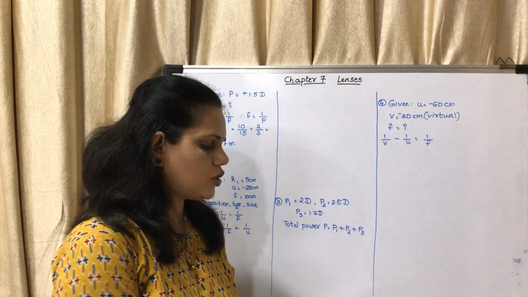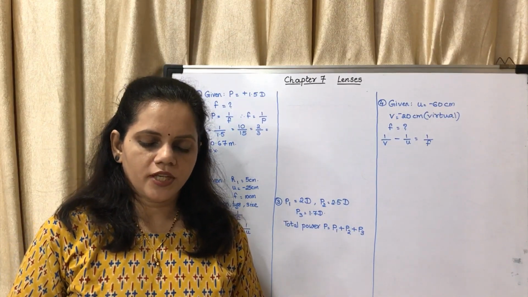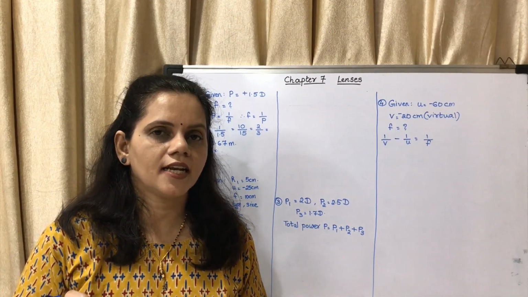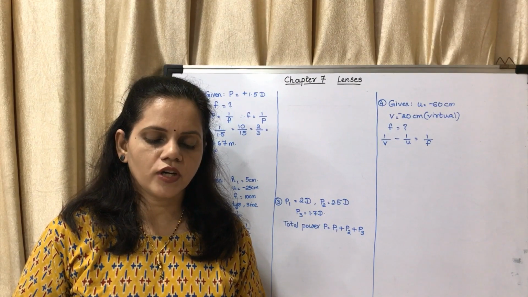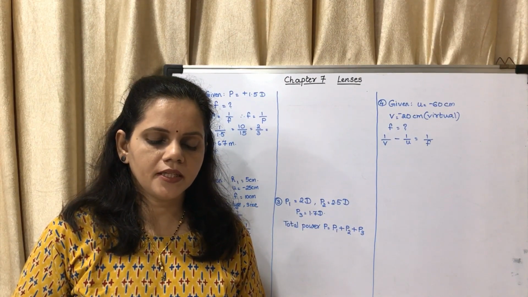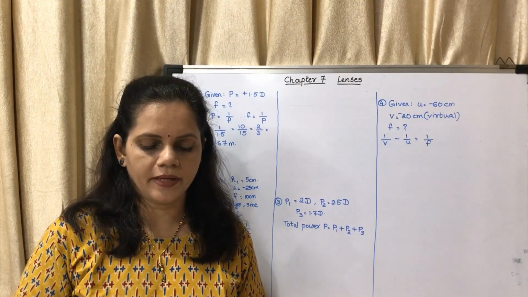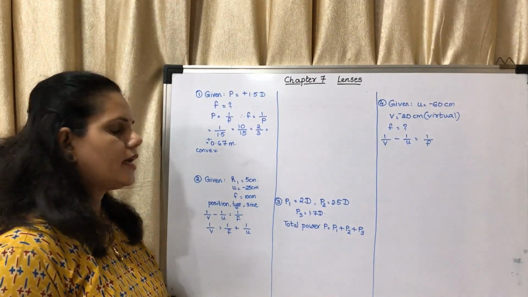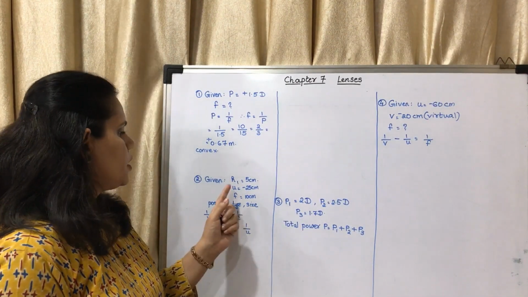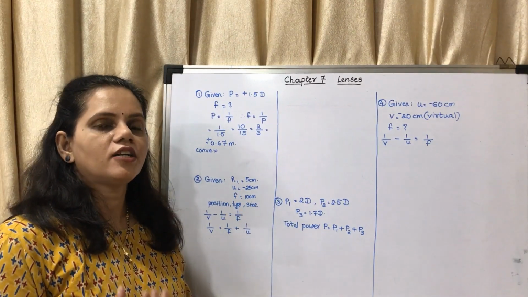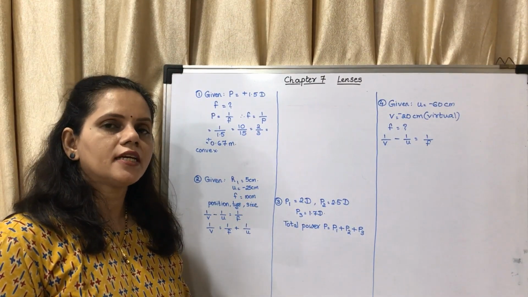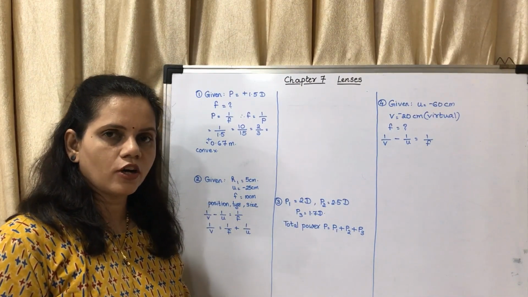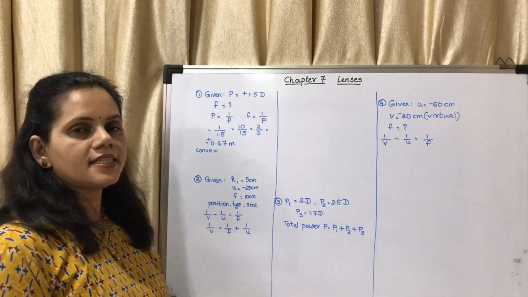Now the next question. A 5 cm high object is placed at a distance of 25 cm from a converging lens, which means a convex lens, of focal length 10 cm. Determine the position, size and type of the image. So h1 is equal to 5 cm, where h1 is the height of the object. u is equal to minus 25. I had told you earlier, you have to take u always as negative because it is placed towards the left hand side of the optical center. f is plus 10 centimeter.